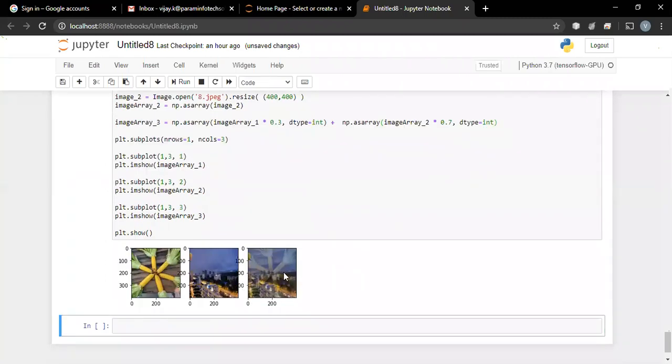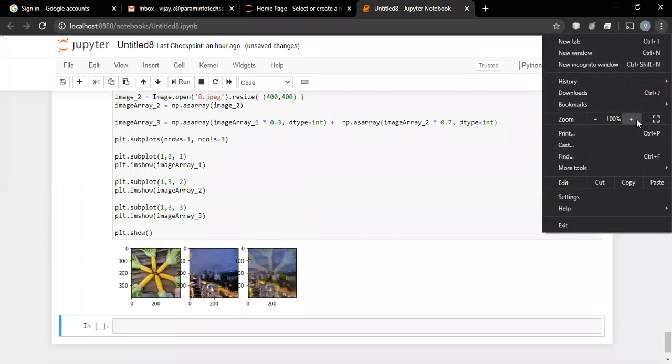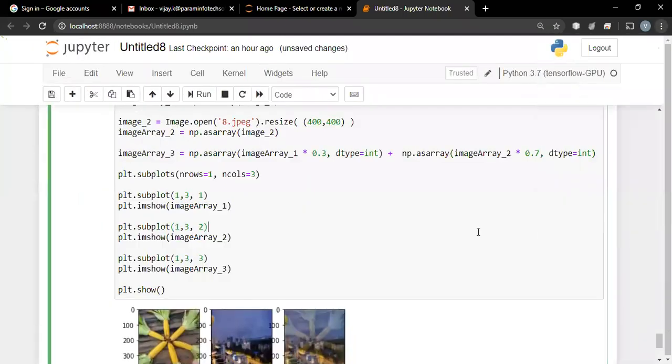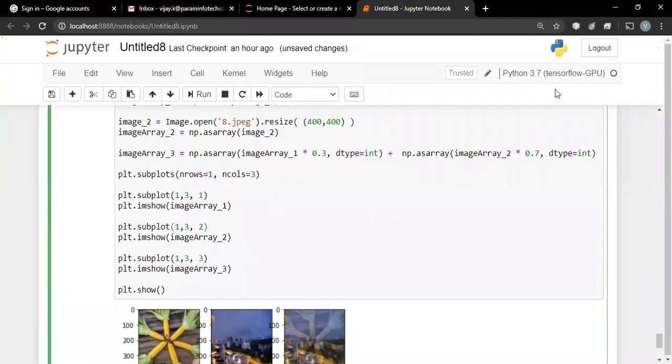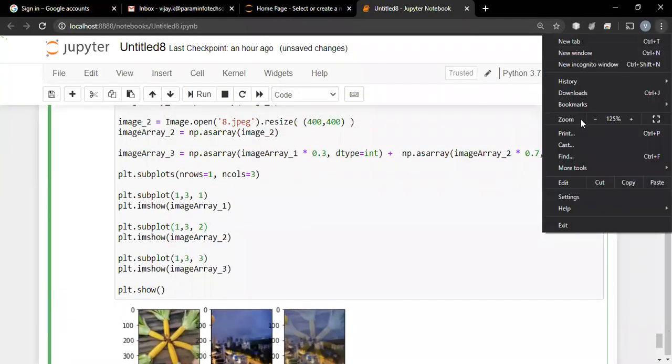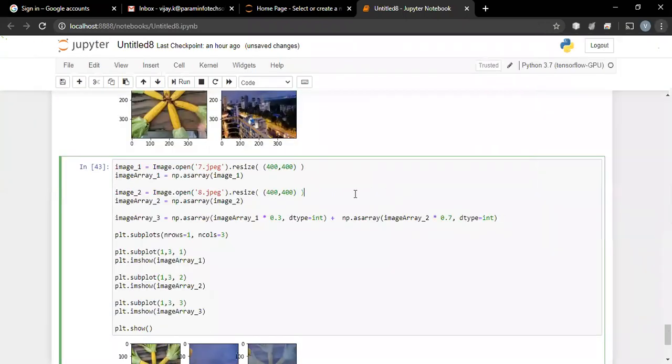And now if you observe over here, the image is clear. This was our original image, this is another image, and now something is dimming. We can further change the image.